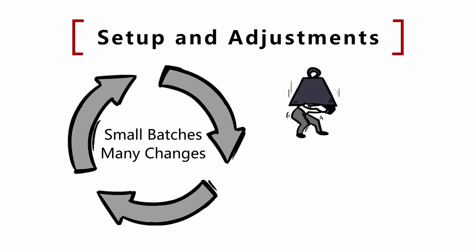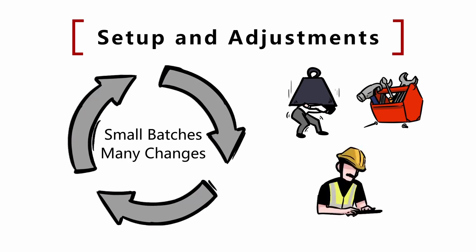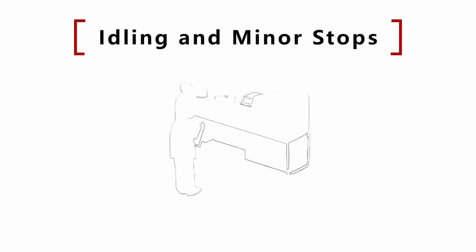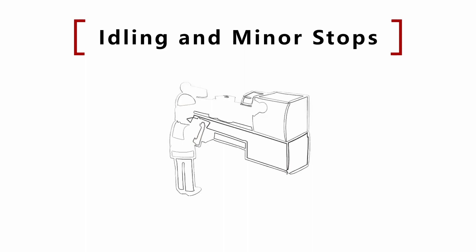But how long does it take for the type change if the molds are very heavy? What if there are many screws and bolts to screw in and out? What if the adjustments are very complex and can only be done by an expert? Idling and minor stops. When the pieces stop on a chute of an automatic machine, the operator solves it by